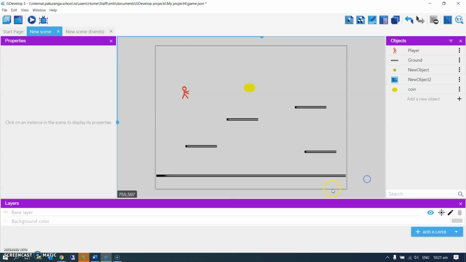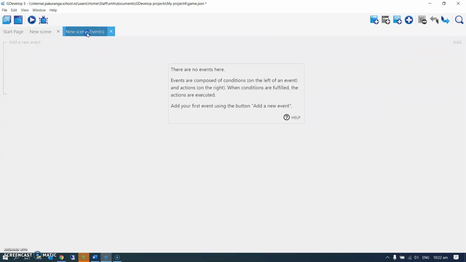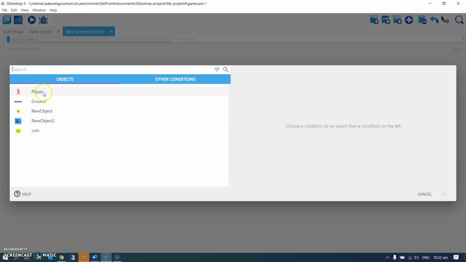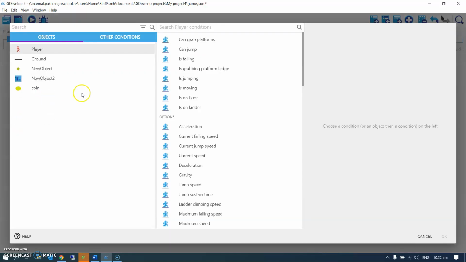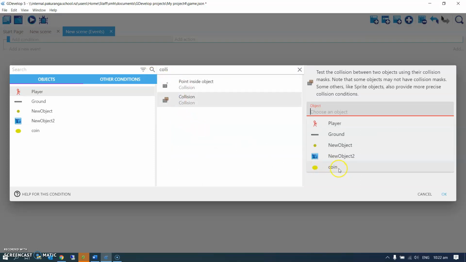Right, now the reason I particularly wanted to do this is because it gives us an introduction to the event sheet. You'll notice when we made the new scene, we also got a new scene events. So when something happens, we can get something else to happen. So I'm going to add a new event, and add a condition when the player, and I'm just going to quick search, collision is just in that list, and when it's the collision